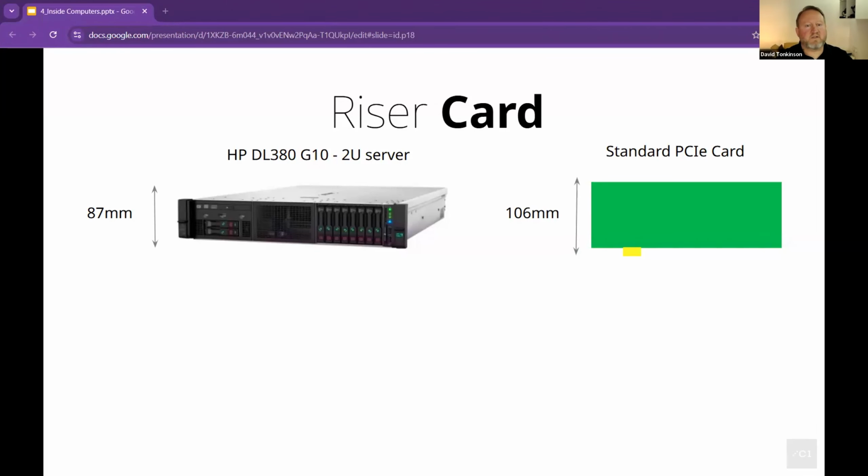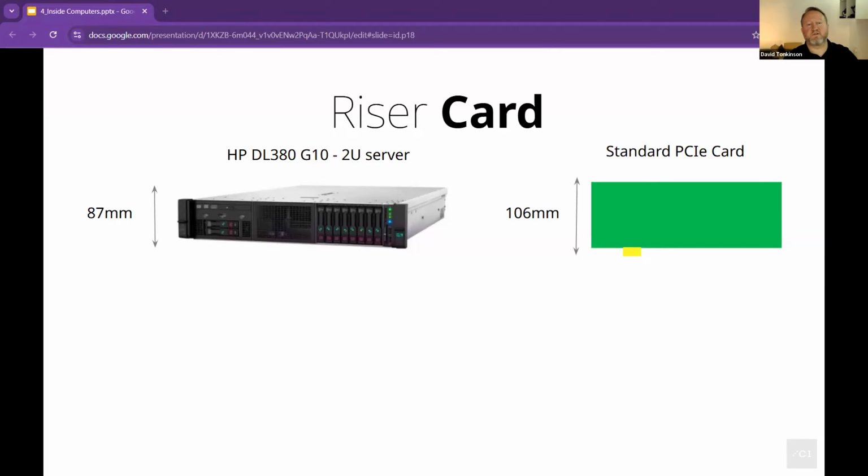So let's have a chat about riser cards. We talked about PCIe. Okay, that's great. If you've got a big box, a big computer system, you've got loads of space. But if you've got a server, we can't mount it vertically. This is our good old example, the HP DL380